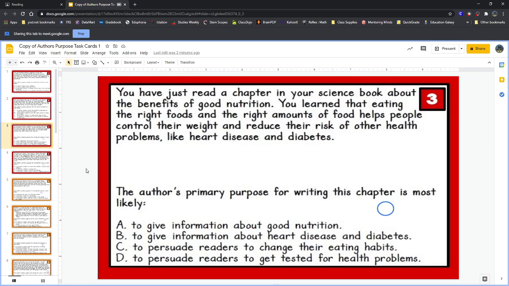You learned that eating the right foods and the right amounts of food helps people control their weight and reduce their risk of other health problems like heart disease and diabetes. Okay? So,